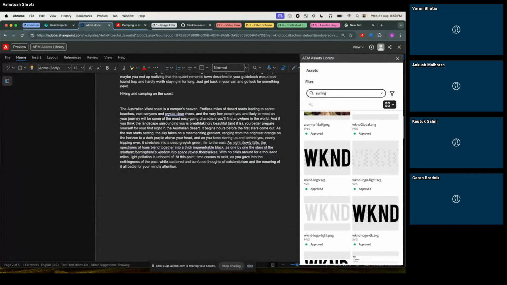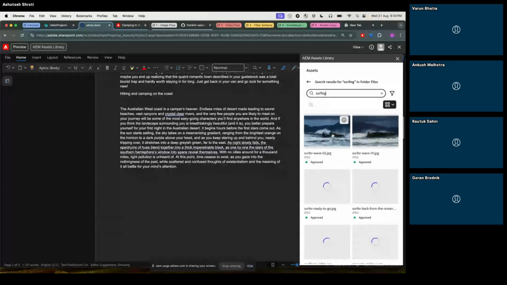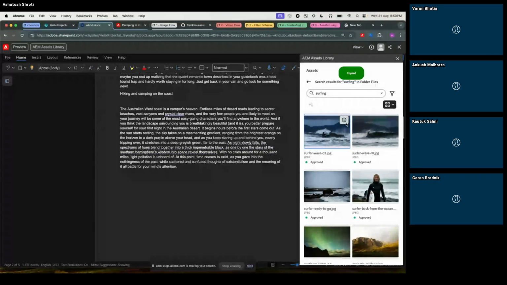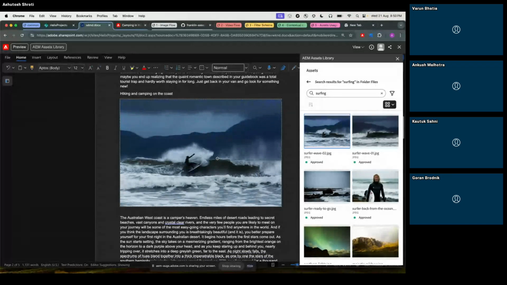Let me do a full text search here, and I can also see the metadata before consuming it. I can simply pick it from the asset selector and paste it in the Word document. The image will get placed here in the Word document, and let me save the changes here